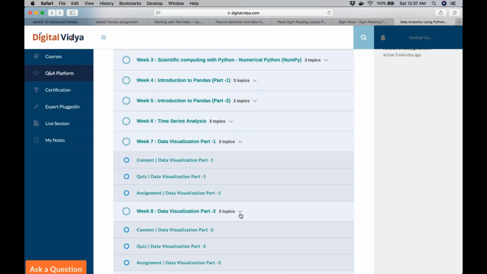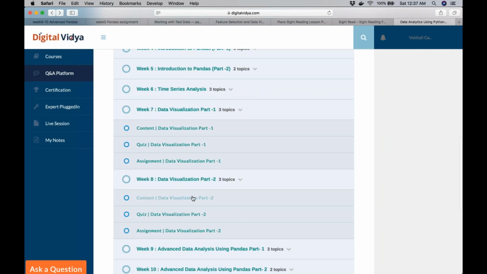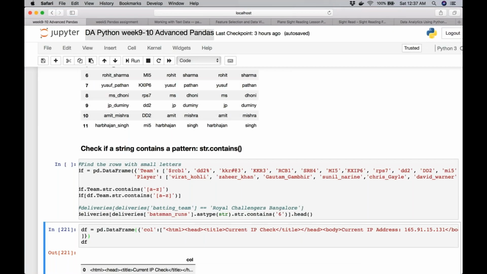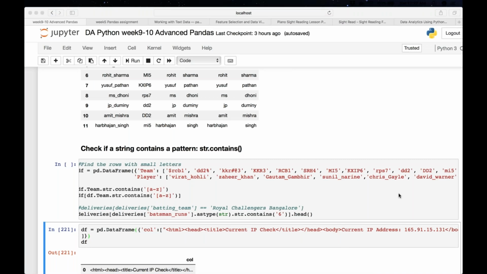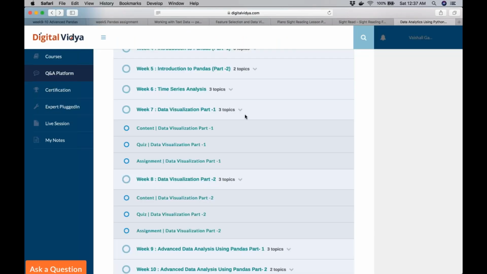So visualization 7 and 8 is together. The content is the same file. If you see the file name also, my 9 and 10 is the same file, and 7 and 8 is the same file. It looks different. No, I don't think I have made much change. I might have added one or two. Let me just check if I see too many changes.